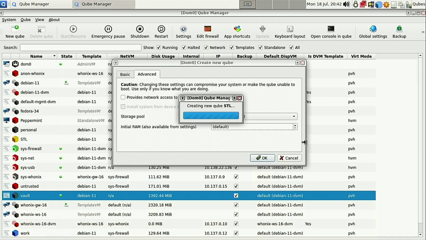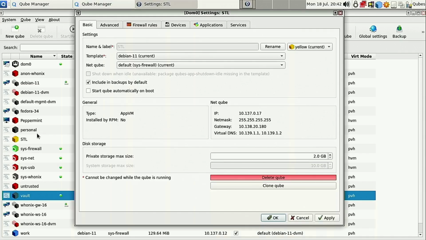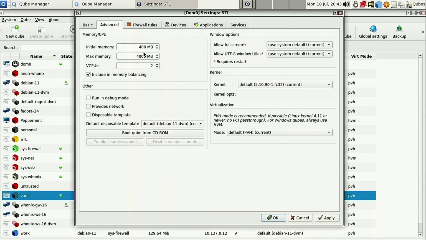Push OK, and then once it creates your new cube, you can see here, then it launches up our settings. So if there's any other options that we might want to do, we can do that. So here is your storage information out here. I have 2 gigabytes of private storage that I can use, and then it has system storage of 10 gigs for basic system files, things like that. You can, of course, toggle the template and the network over here and hit your advanced if you want to